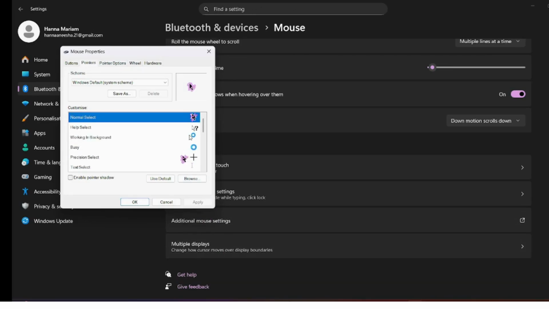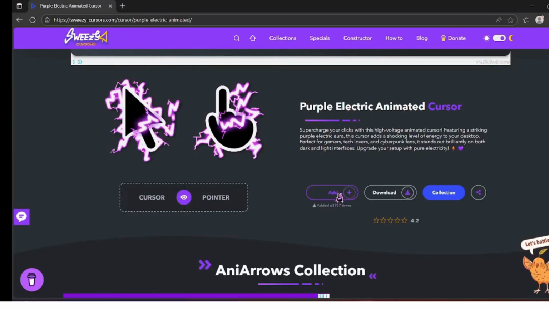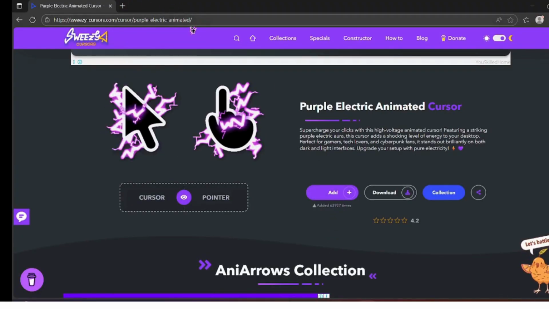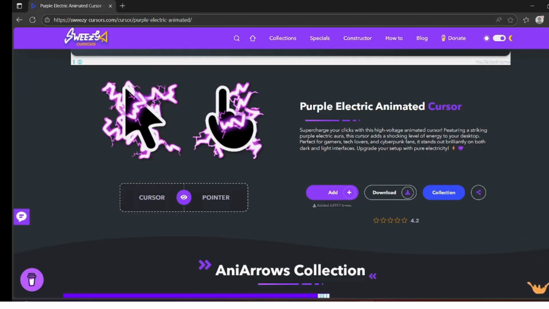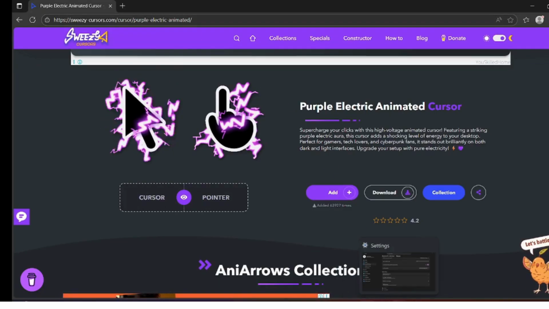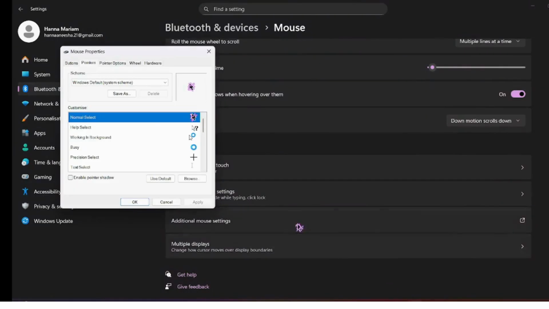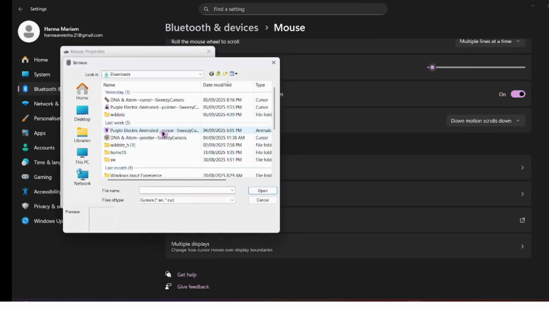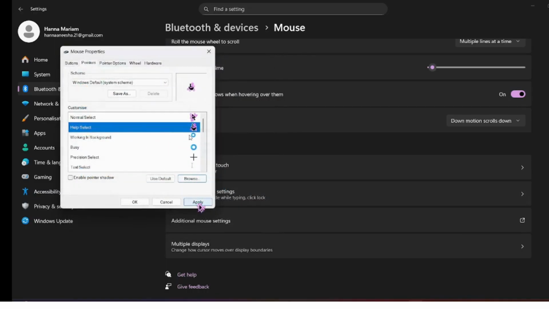and now when we are hovering on something, it's still this thing, like it won't change anything, it's going to be the same thing. So you can go here and then browse and make it anything and any other cursors you want, apply, and